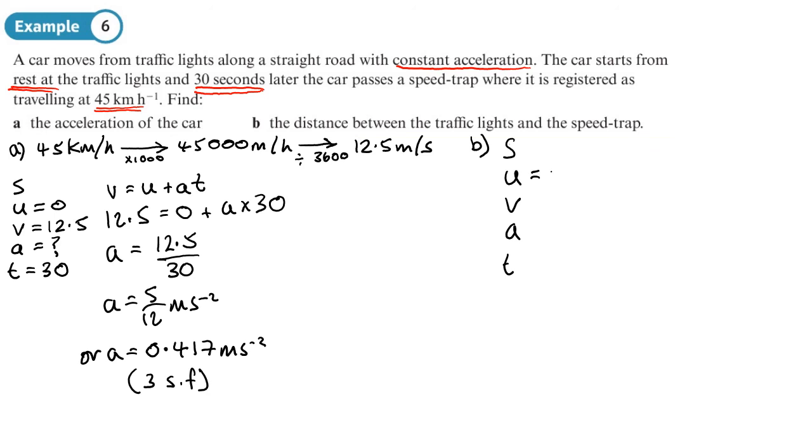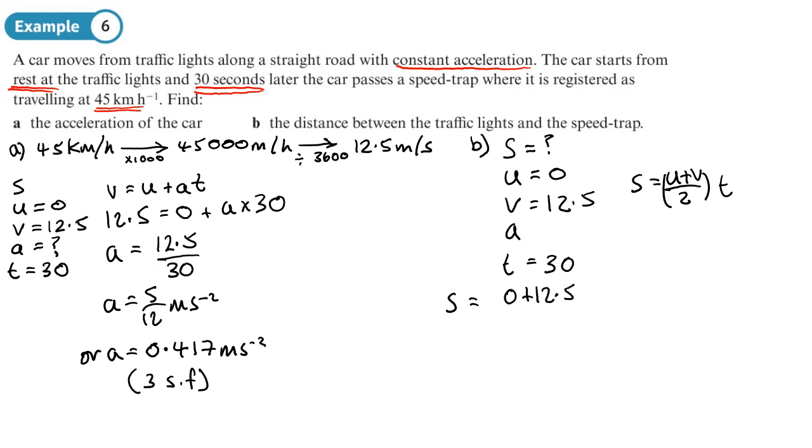So these values we know: U, V, and T. And we're trying to find S. So we're going to use S equals U plus V over 2 times by T. So we don't need to use our acceleration from part A. So that will give us S equals 0 plus 12.5 over 2 times by 30. So what do we get for S? That's basically 12.5 divided by 2 times by 30,